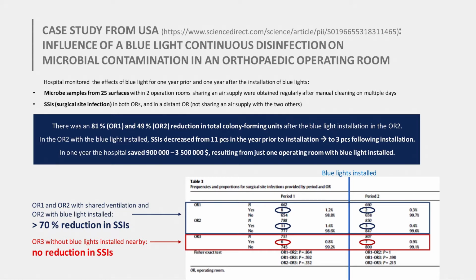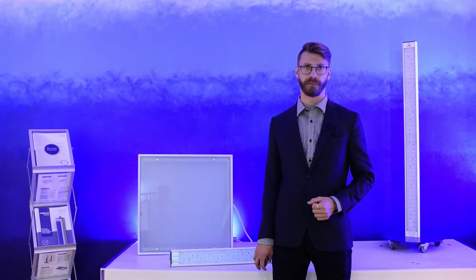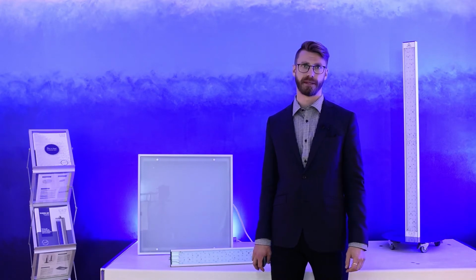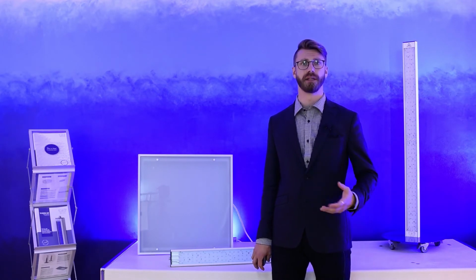And what they found out in this research was that there was a significant reduction in the microbial levels on the surfaces of these operating rooms equipped with the blue light system. So from 49 to 81% reduction in microbial amounts. Also, that led to fewer infections in these operating rooms. So the amount of money saved in this one operating room installation is calculated in millions of dollars